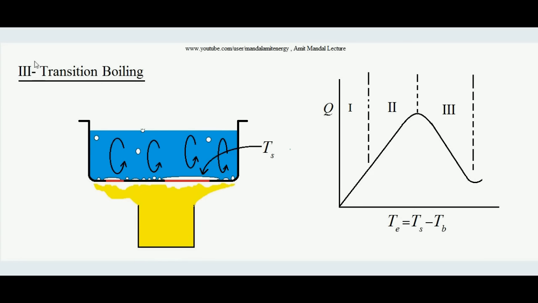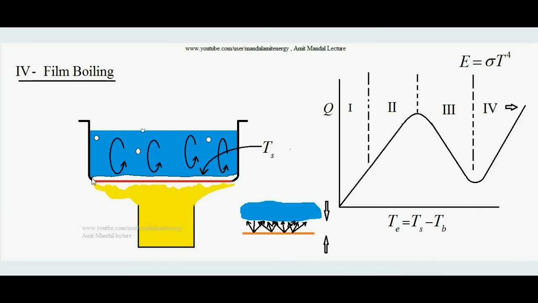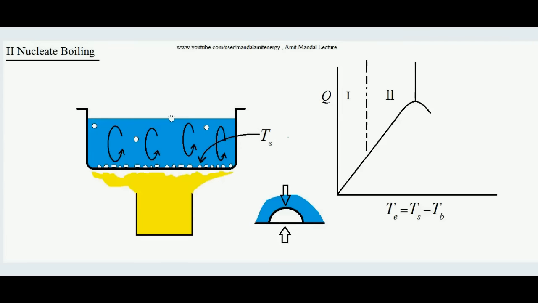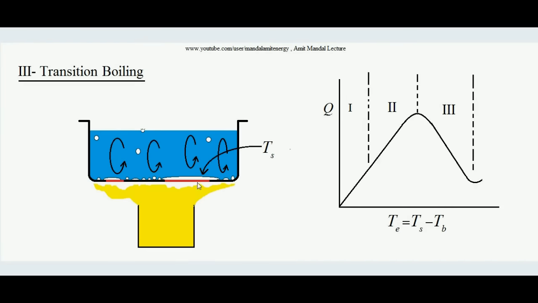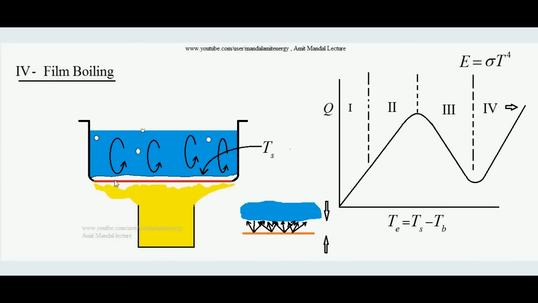Now in the third regime of boiling, that is transition boiling, the heat transfer rate is decreasing. So it comes to an end. At the end, the entire surface is covered with a thick layer of vapor. You can see, initially the number of bubbles is increasing, then bubbles as well as big layers of vapor are formed, and then over the entire top surface, the immediate top, a thick layer of vapor is formed.